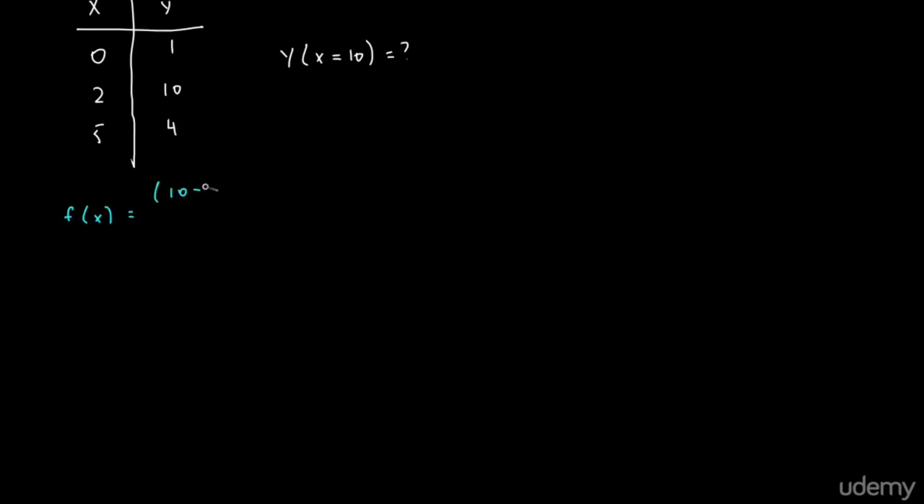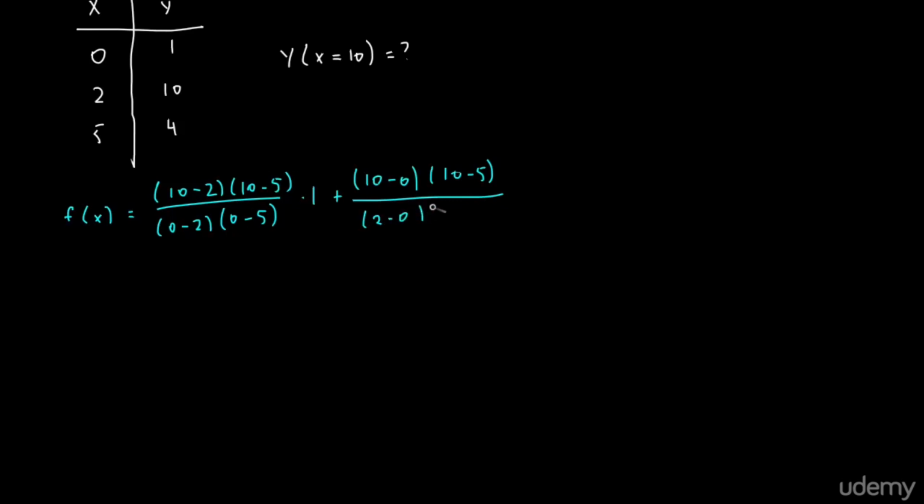So we're going to have 10 minus 2 times 10 minus 5 divided by 0 minus 2, 0 minus 5, multiplied by the first y value, so that's 1 times 1, then plus 10 minus 0 times 10 minus 5 divided by 2 minus 0, 2 minus 5, multiplied by the second y value, which is 10, and then the third term is 10 minus 0, 10 minus 2, divided by 5 minus 0, 5 minus 2, multiplied by the last value, which is 4,